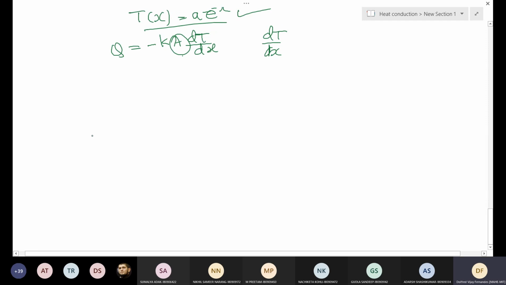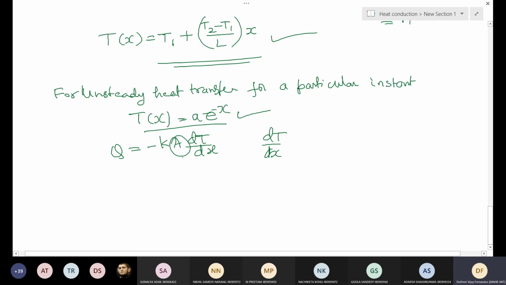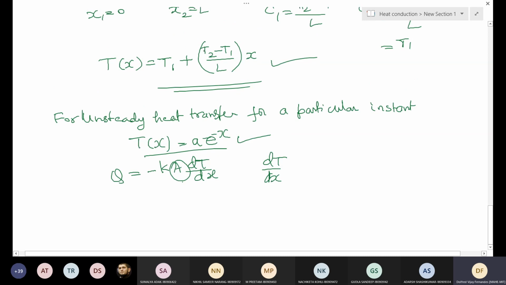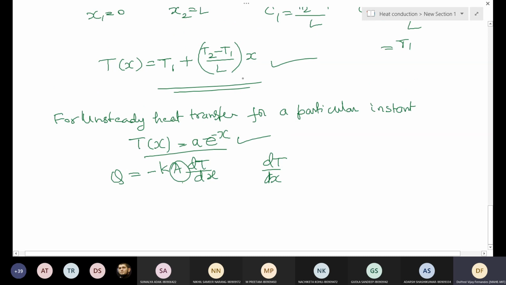Okay, so any doubt there? Anything you didn't understand here? Because this type of problems may be asked. That's why I'm telling you in advance. So the temperature profile for a particular instant can be given. Anyway, for steady state, there's nothing we can do. It's a straight line profile. It's as if giving the wall temperatures is the same as giving the profile there. There is nothing we can do.